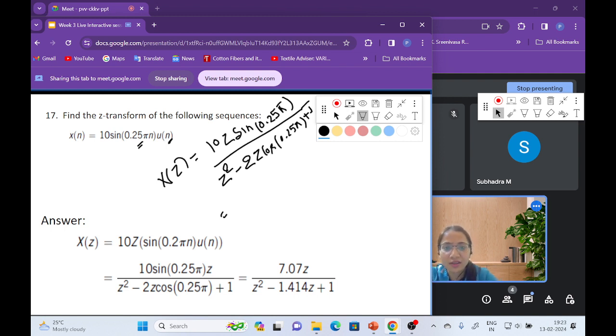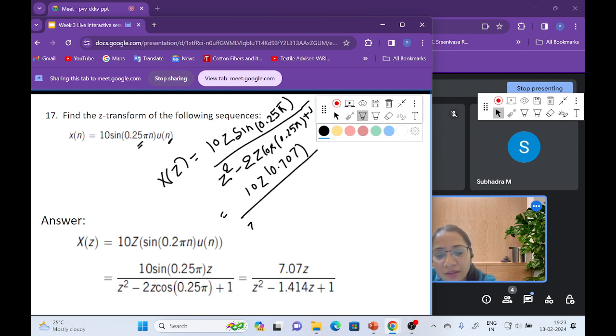As I have already suggested to you, keep one calculator with you while solving the problem. So what is the value of sine 0.25 pi? 0.25 pi means pi by 4. So what is the value of sine pi by 4? That is 1 by root 2, which is 0.707. So sine 0.25 pi value is 0.707. Okay,